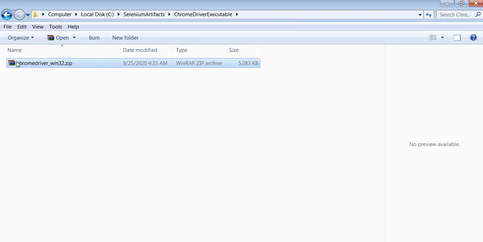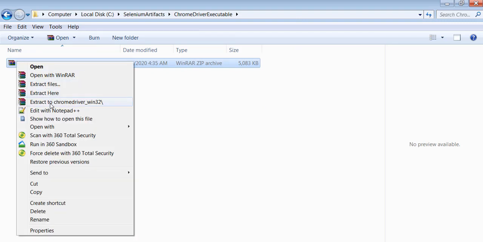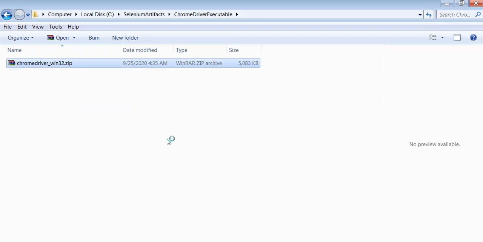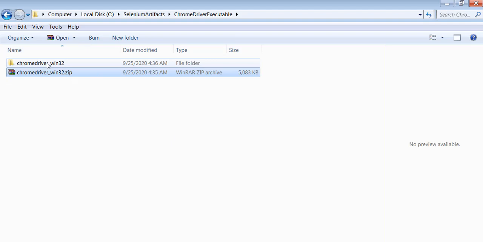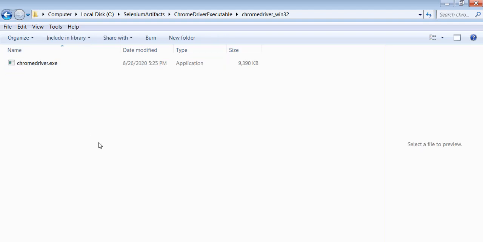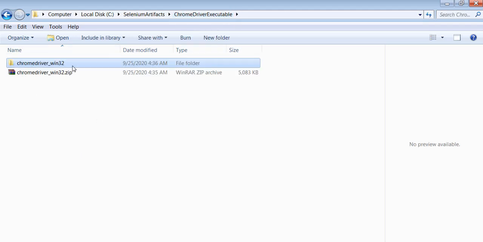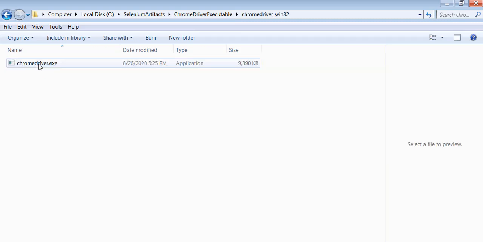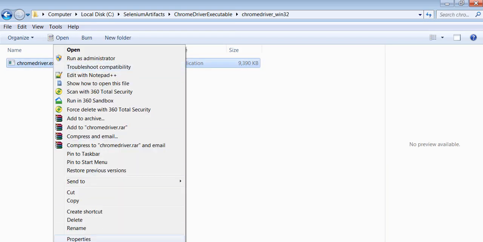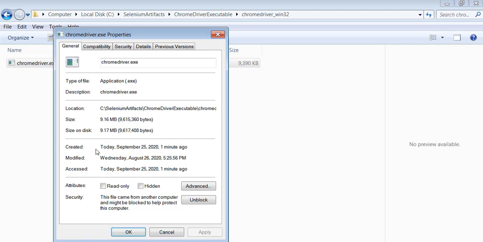Unzip the file: right click on the zip file and say extract to chromedriver_win32. Then this will be unzipped. Just open it. You will find chromedriver.exe. So you need to find out the path of the executable file. Also, a very important point, we should make sure that we are in this folder now. In this folder, right click on the executable file, select properties, then copy this entire path,